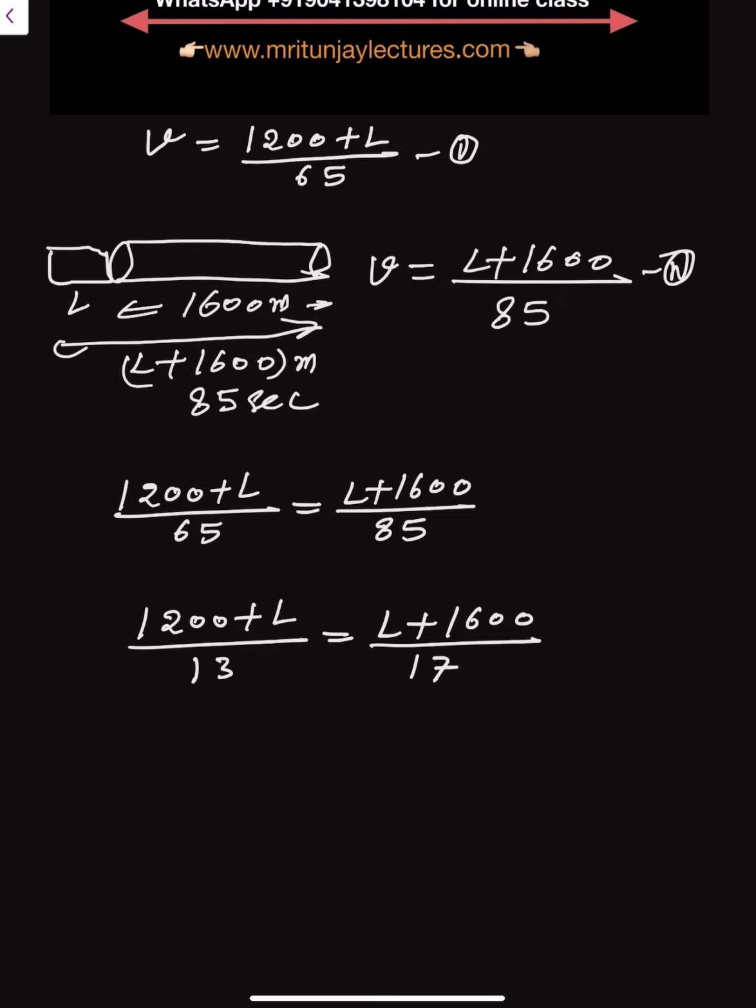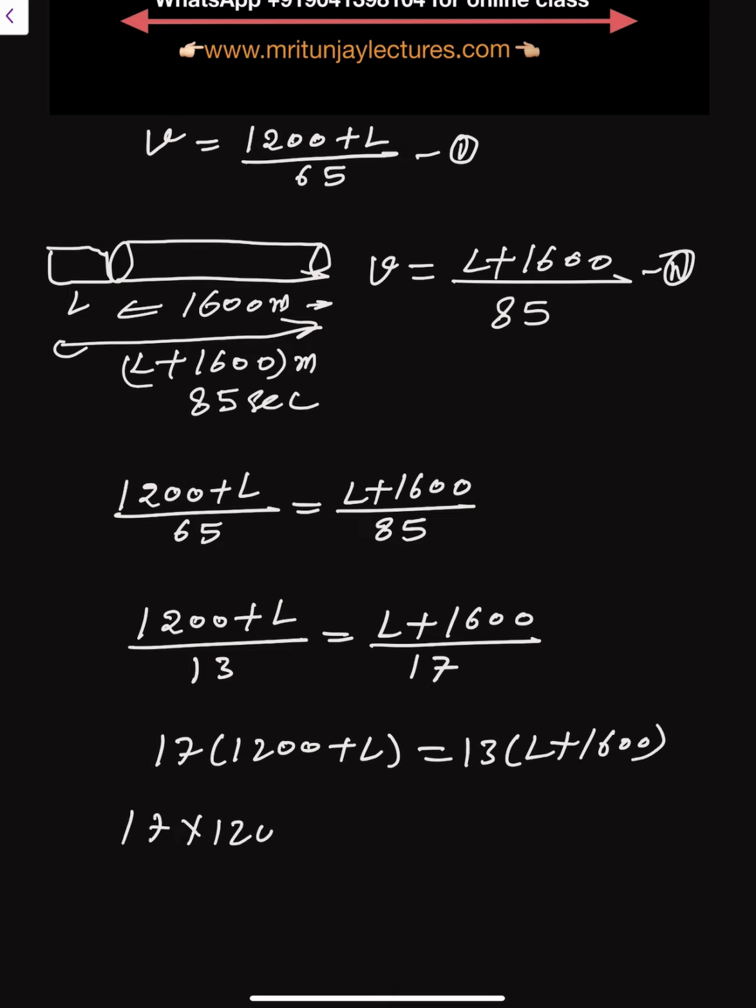Okay, so after that now multiply: 17 into 1200 plus capital L equals 13 into L plus 1600. Okay, so 17 into 1200 plus 17 into capital L equals 13L plus 13 into 1600. Okay,